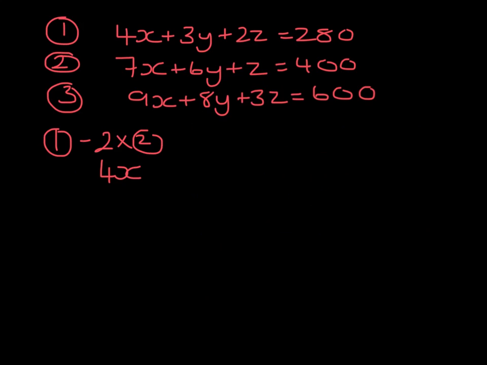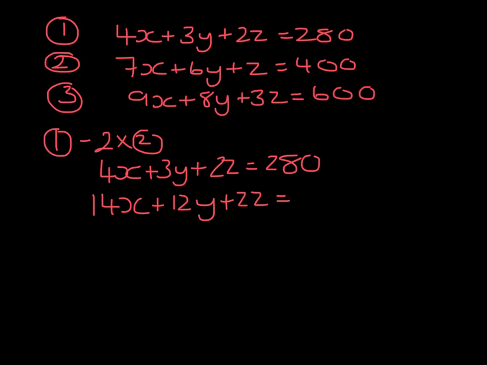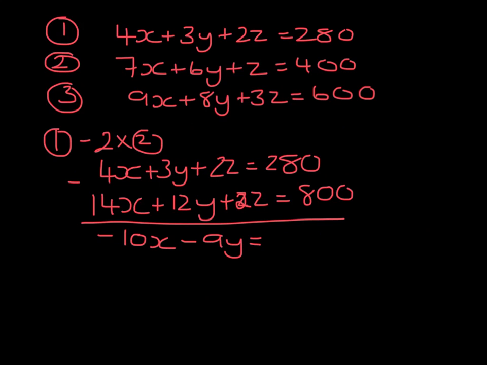So equation 1 is 4x plus 3y plus 2z is 280. Equation 2 times 2, 14x, 12y plus 2z equals 800. One of the most common mistakes in here is students forget to multiply every term. If I subtract those, I have minus 10x minus 9y equals minus 520. They're all negative, so I can rewrite it as 10x plus 9y equals 520, and that gives me my